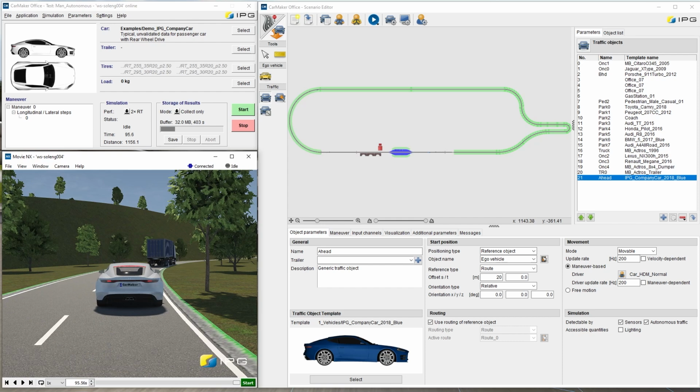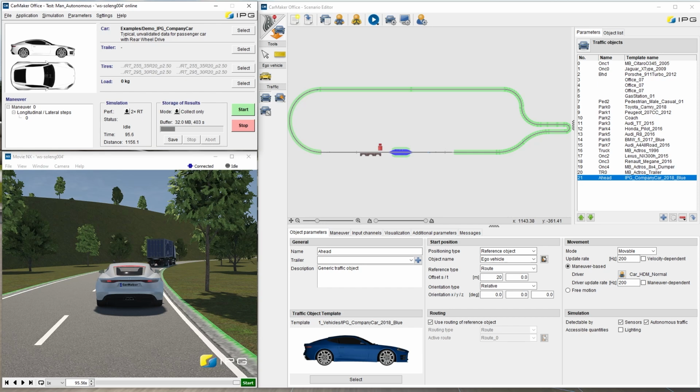We later can see what's happened. After we set our start values, we have to define a maneuver that this traffic object car will drive in front of us. Because we will trigger interactions later via the autonomous mode automatically, we need only a start configuration and one maneuver for straight road.